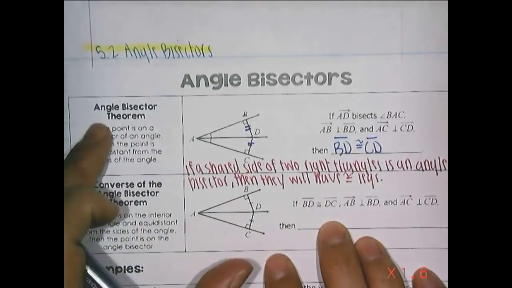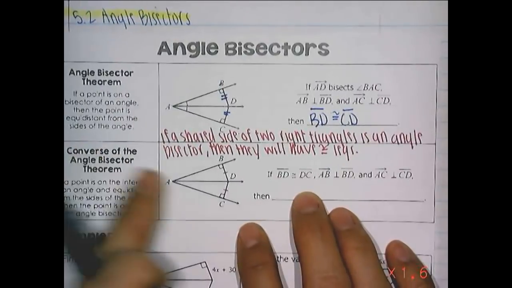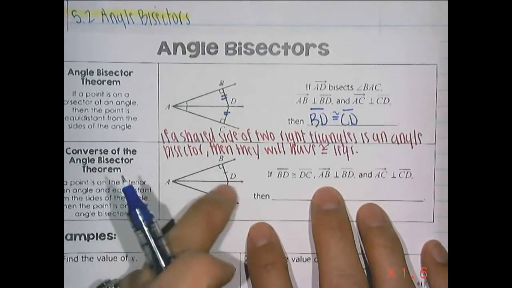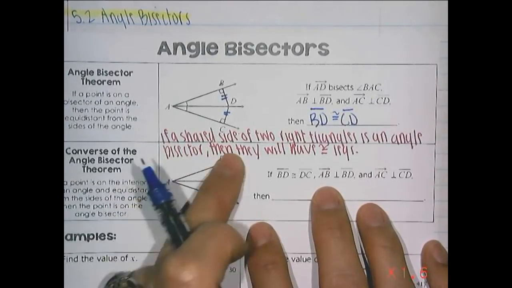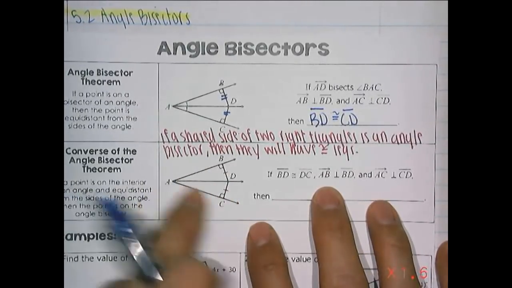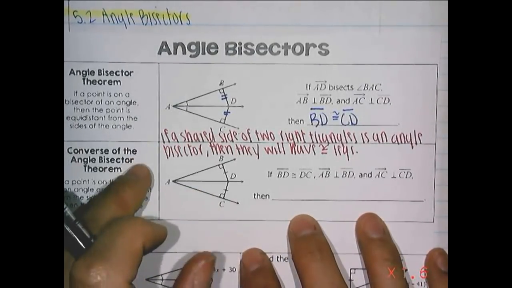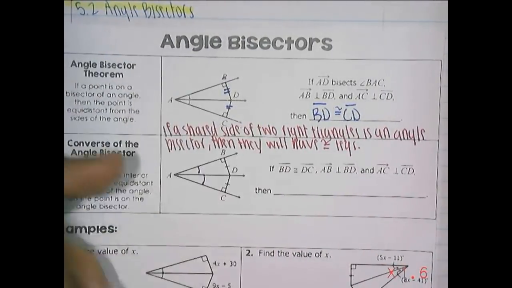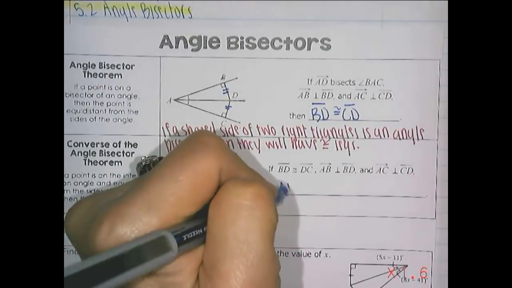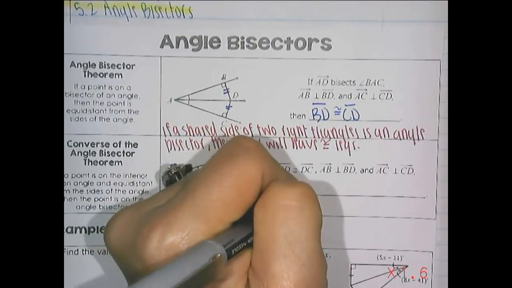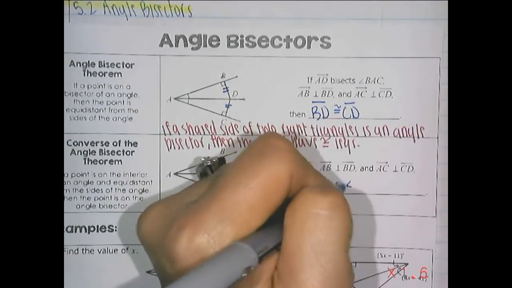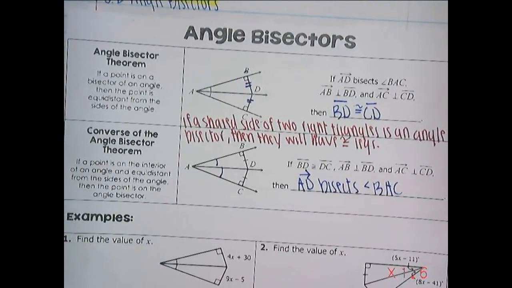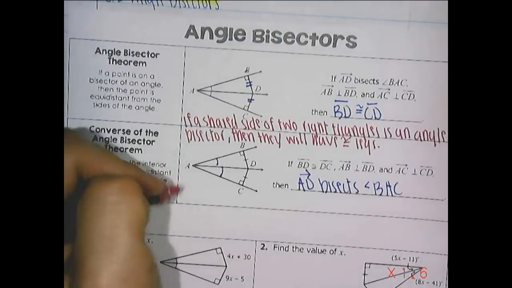All right, so that was the angle bisector, and now this is the converse. This time we know that these two are congruent, and we see that these are right angles. They're perpendicular. That BD is perpendicular to AB, and that DC is perpendicular to AC. If we know that, then we know that AD bisects angle BAC. So in layman's terms, if you have two right triangles with one pair of legs that are congruent,